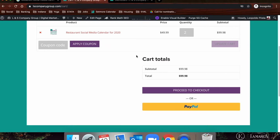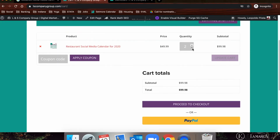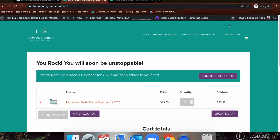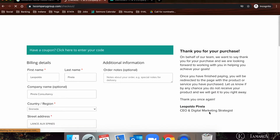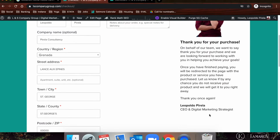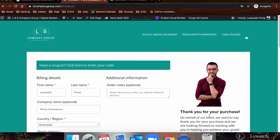So here, as you can see, we customize the colors, we made everything our brand, even the different buttons. Everything is pretty much just like how we have everything else on the website. So if you proceed to checkout, you will see that we further customize the experience. So now when they are getting ready for the checkout and they're writing the form and they're doing everything,